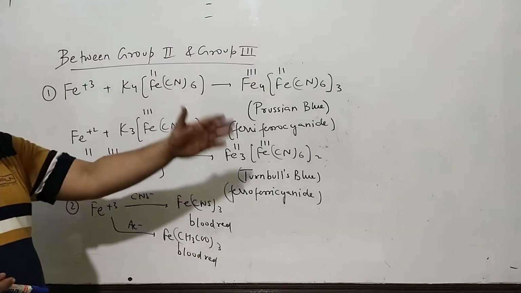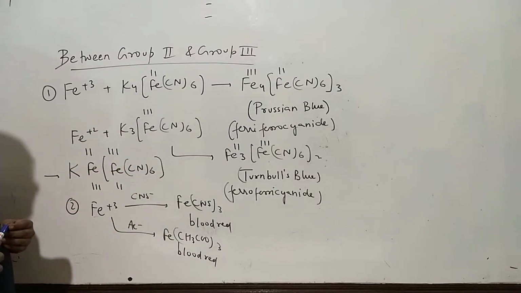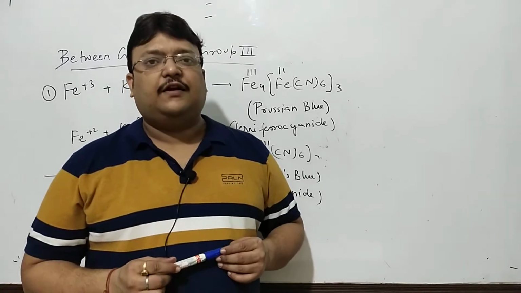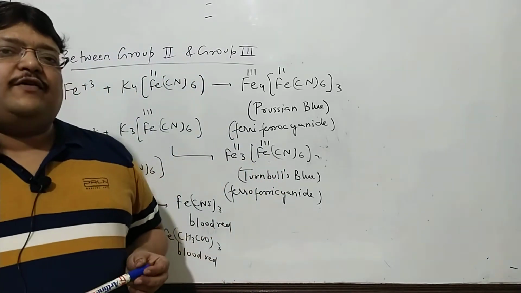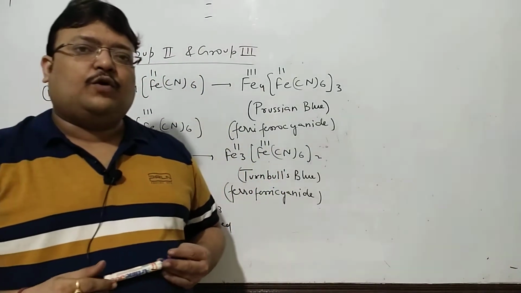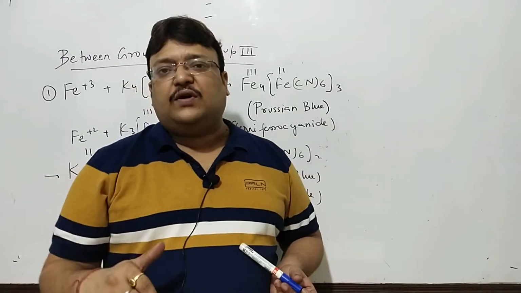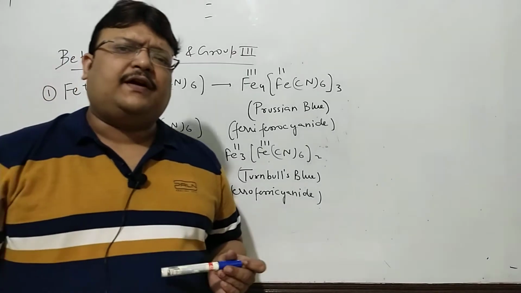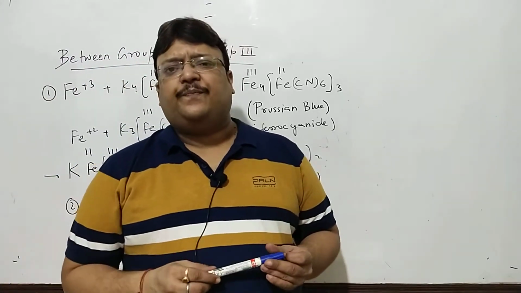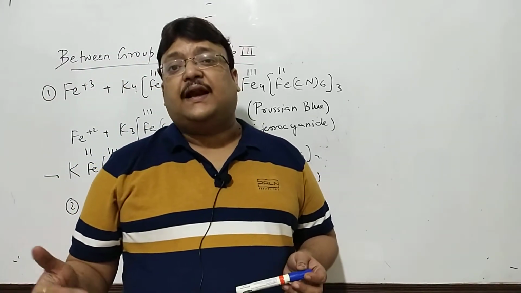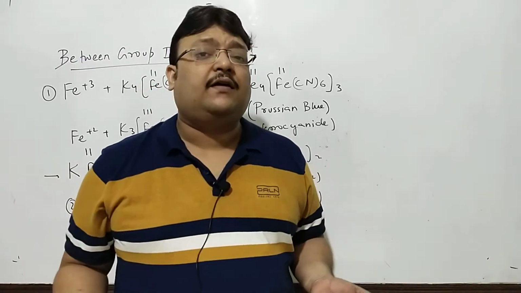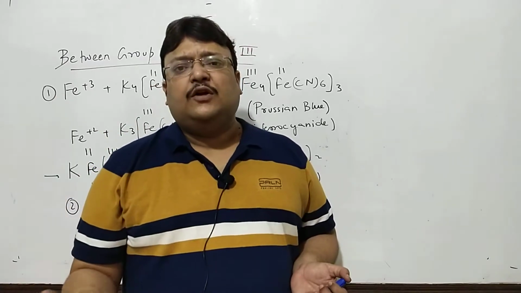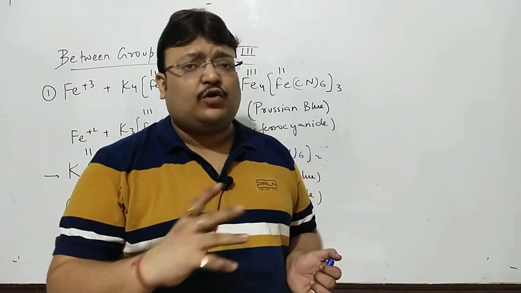So make sure you copy all of them, you remember all of them, and now we can move to group 4. We're done with group 3, we move to group 4. If you have a look at the table which I had given you, group 4, again you want to add H2S, this time in alkaline medium. In group 2 it was an acidic medium. We were done with that discussion in the previous video. In group 4 you want to add H2S in alkaline medium because you want a lot of sulfide, and this time you are expecting sulfides which have higher Ksp value, for radicals zinc, manganese, cobalt, nickel to precipitate.